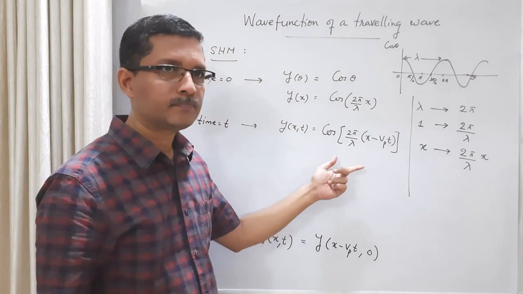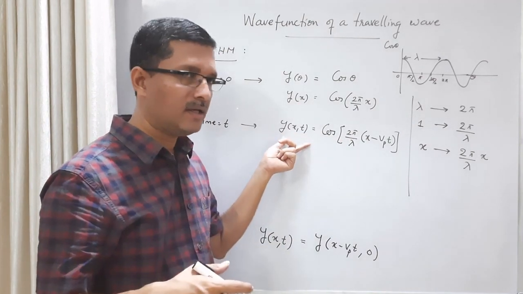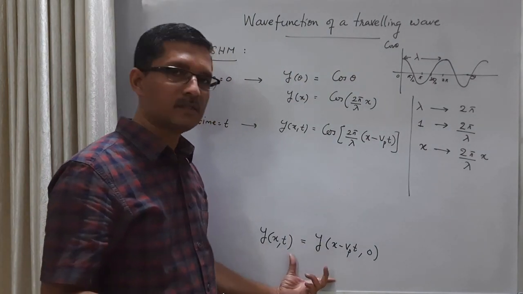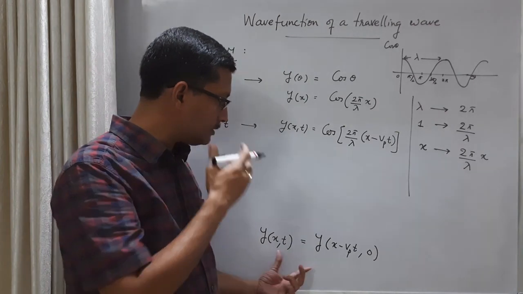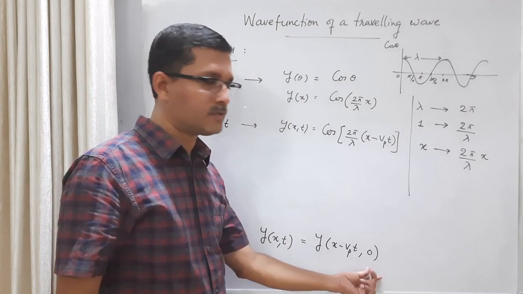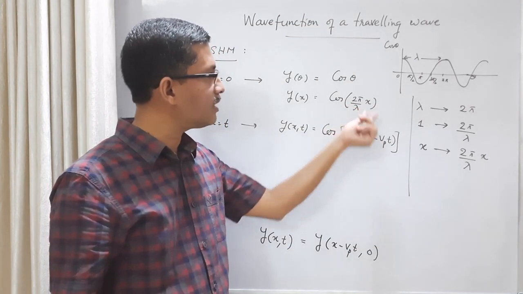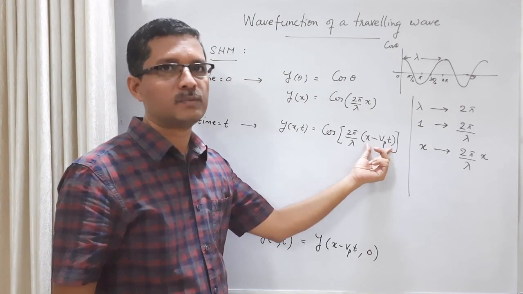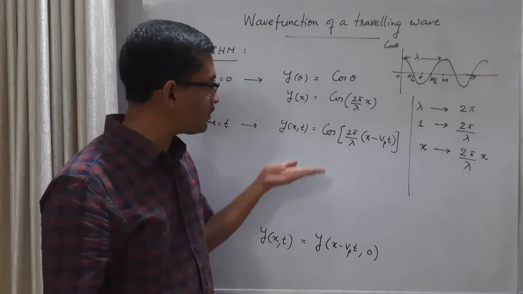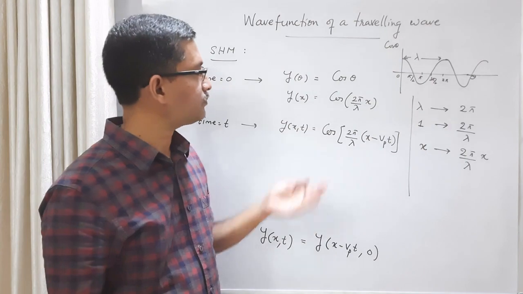This is clear? This is the wave function at the time 0. This is the wave function at the time t. The wave function at the time t is related to the wave function at the time 0 by this relation. The wave function at the time t is equal to the wave function at an earlier position x minus Vpt at the time 0. So in the expression for the wave function at the time 0, we have to put an earlier position. Instead of x, replace x minus Vpt. Basically what we have done is we have written the same expression in the case of a simple harmonic wave. That's all.